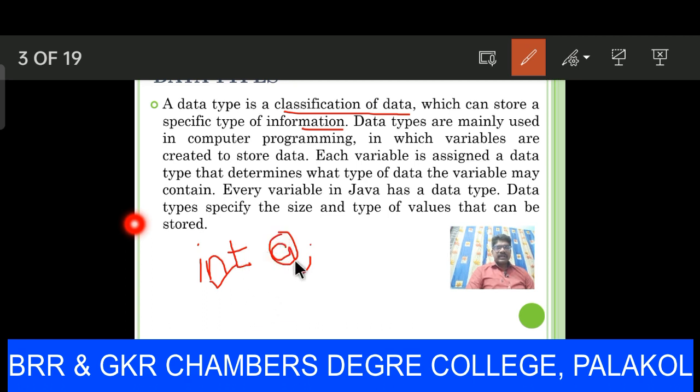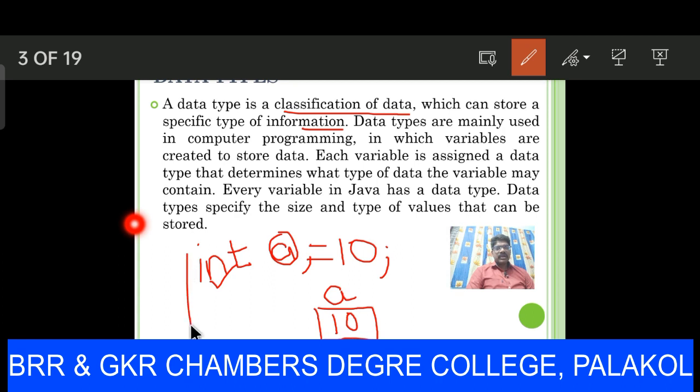I want to assign the value 10 to this variable a. The variable a contains some memory location, and this value is stored in a. Which type of value does it store? It stores the integer type of value. So every variable has a data type.